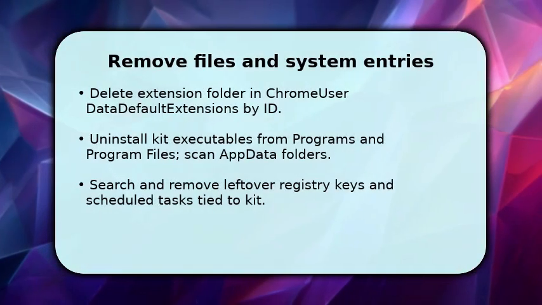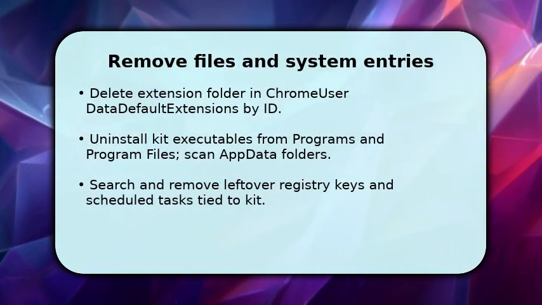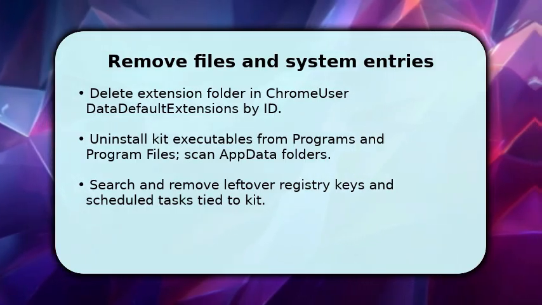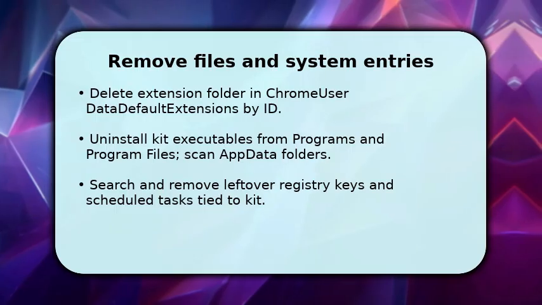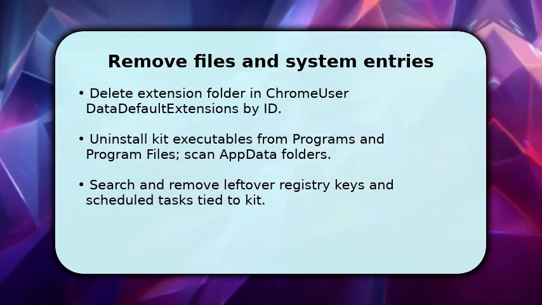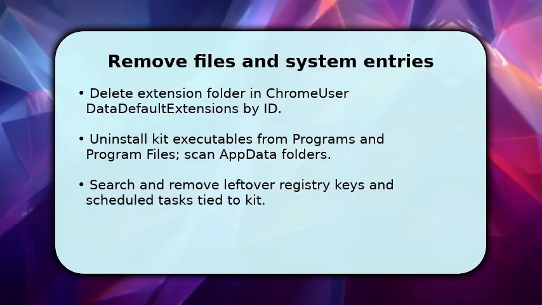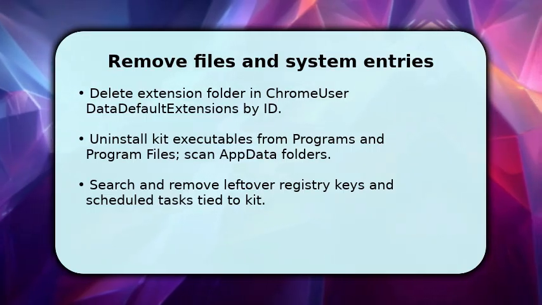You now perform the detailed deletion. Navigate to your profile's extensions folder, and remove the directory matching the extension ID. This deletes the core kit files. Then, uninstall any programs with the kit name via Settings or Control Panel, and manually remove orphaned executables from program